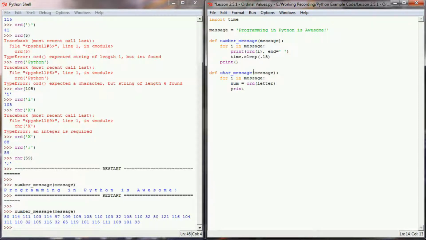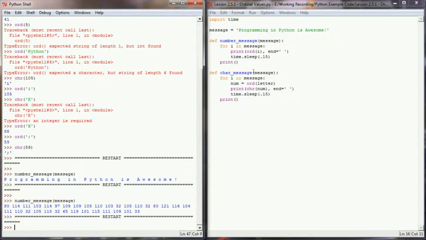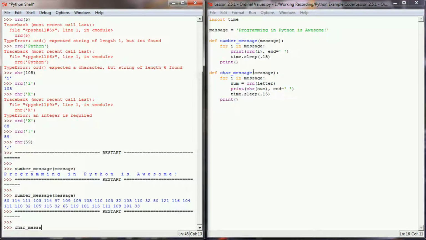And of course, if I were to print the character value of number with end equals empty, and then we'll do the time.sleep(0.15). So if I were to do that right there and run that function,